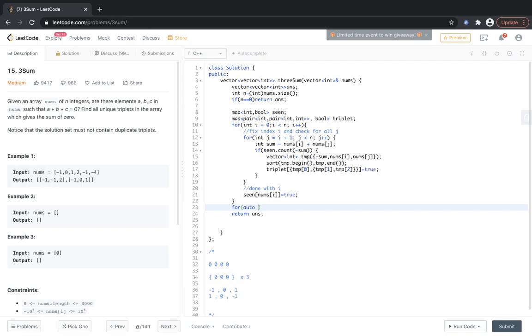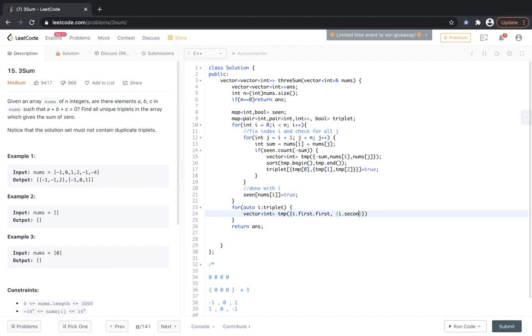Now when this is finished, so auto i in triplet, since we need to return a vector of vectors, so vector int temp is equal to i dot first, and i dot second dot first.